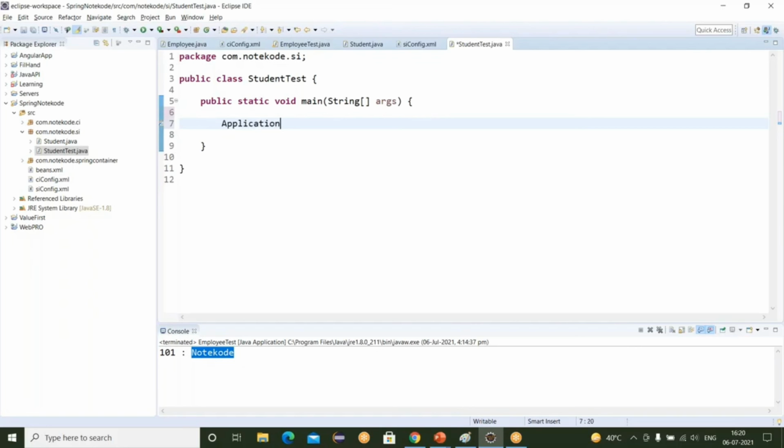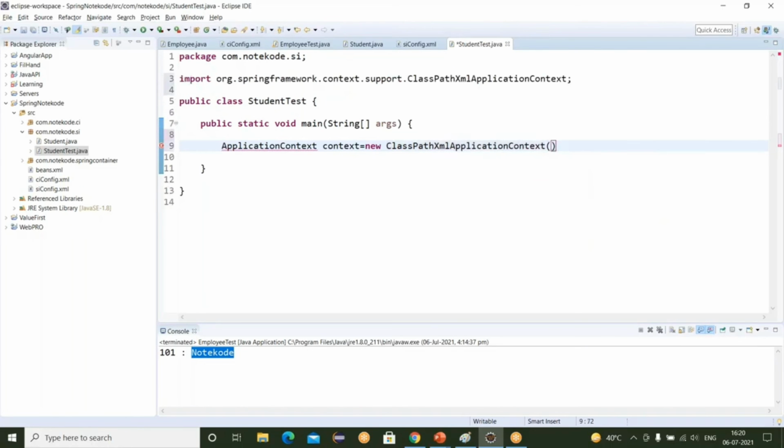Remove this. I'm writing here ApplicationContext equal new ClassPathXmlApplicationContext, and then here again you have to pass your configuration file name, and this time it is siconfig.xml.